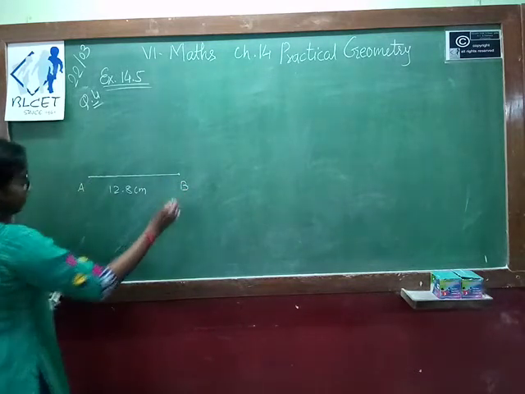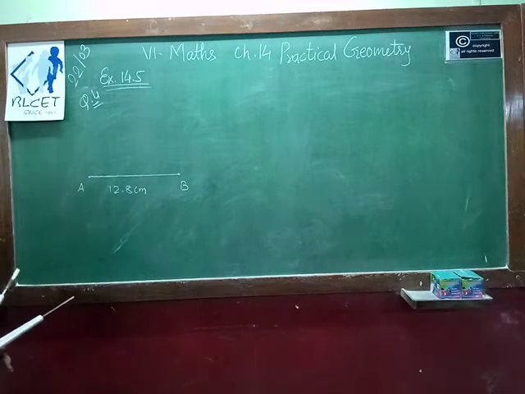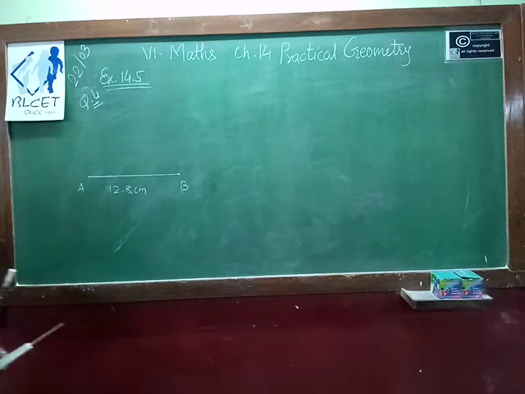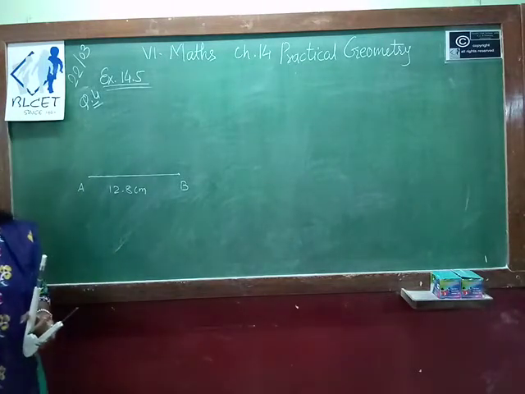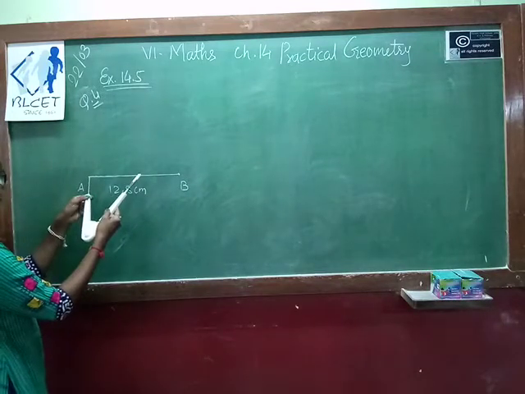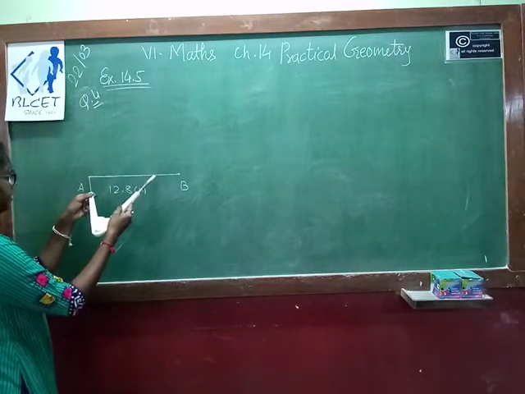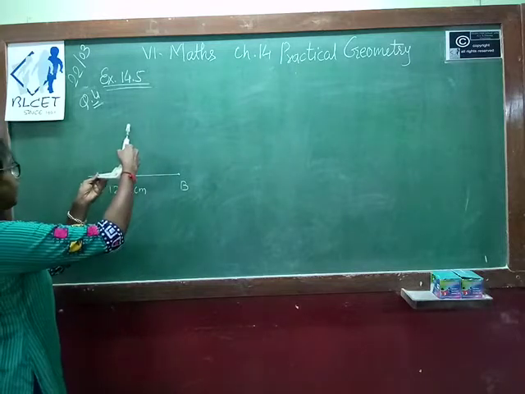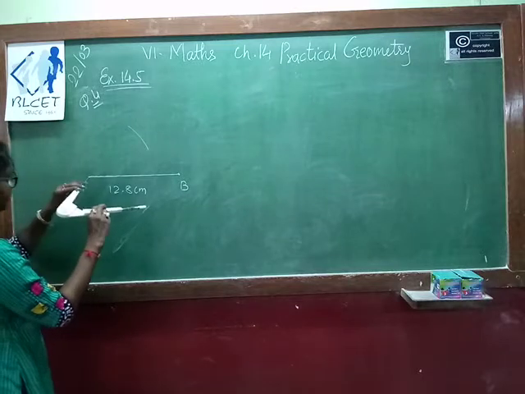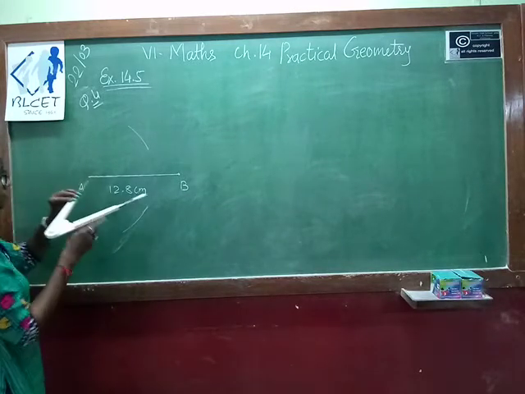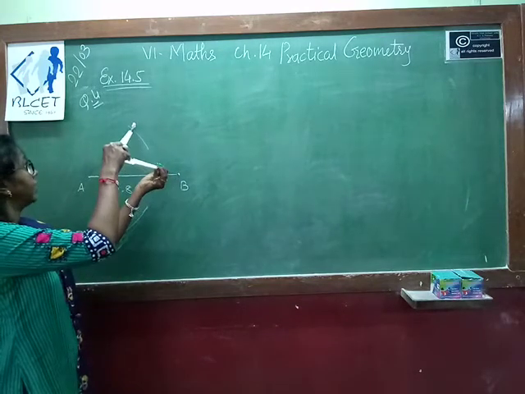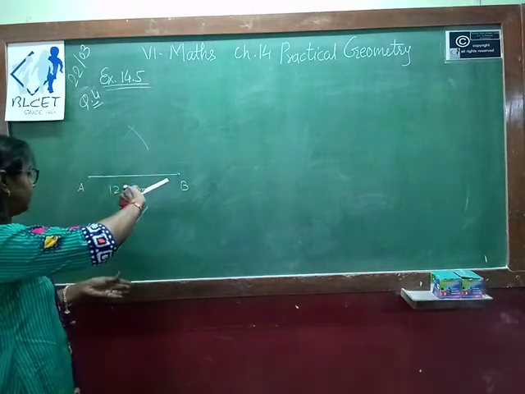First we divide the whole line segment into 2 equal parts so that we are getting 2 line segments of equal length. Take a measurement which is more than half of the radius. Keep your pointer on A, draw an arc above and below. Same way without changing the measurement, keep your pointer on B, draw an arc above and below.